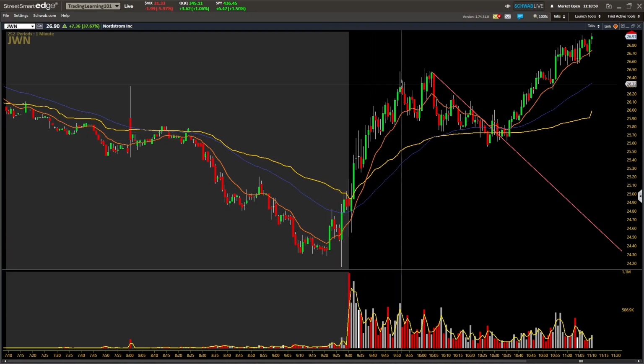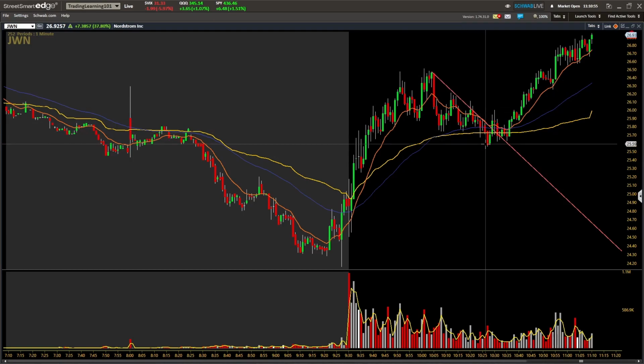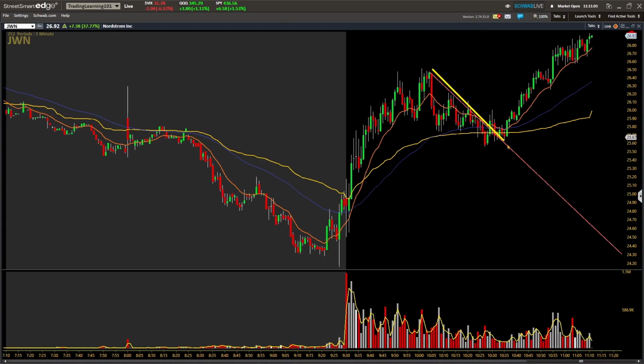With it running up here this morning up to 26.50, and with it now pulling back, we easily plotted on a trend line connecting all of the lower highs here. We notice it's in a wedge right at around that 26 bucks. But this is where your strategies come into play, what you have in your playbook. This is one of my playbook plays where if I draw a trend line out on this stock and it bottoms out and it starts to break up over that trend line like it did right here,